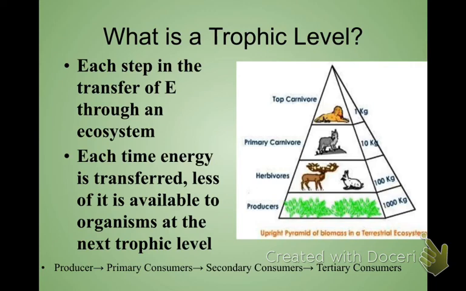What that means is the amount of energy within the grass, not all of it is going to get transferred to the bunny that eats the grass. Because the grass is going to use some of the energy that it's made in order to live. When the bunny gets whatever energy is left, it will use that to live. So whatever eats the bunny will only get a small portion of the energy that's actually in the bunny that it got from the grass originally. Because again, organisms use the energy they have in order to function and to live.